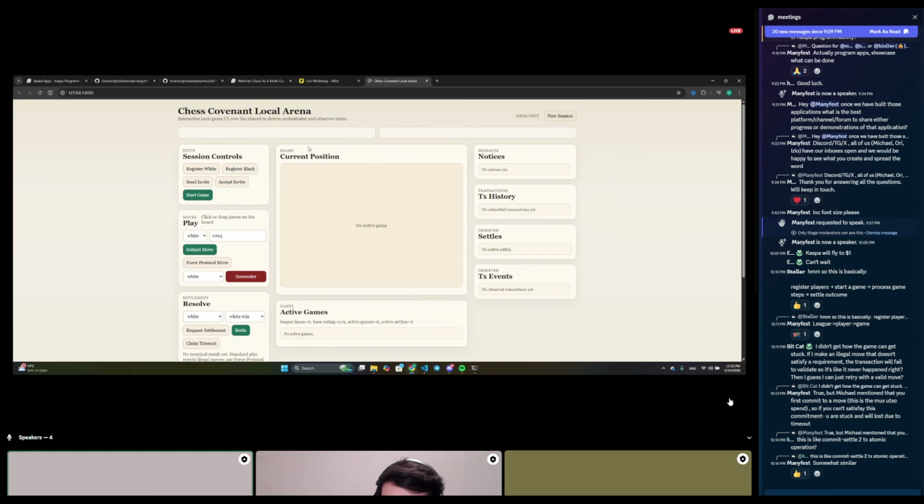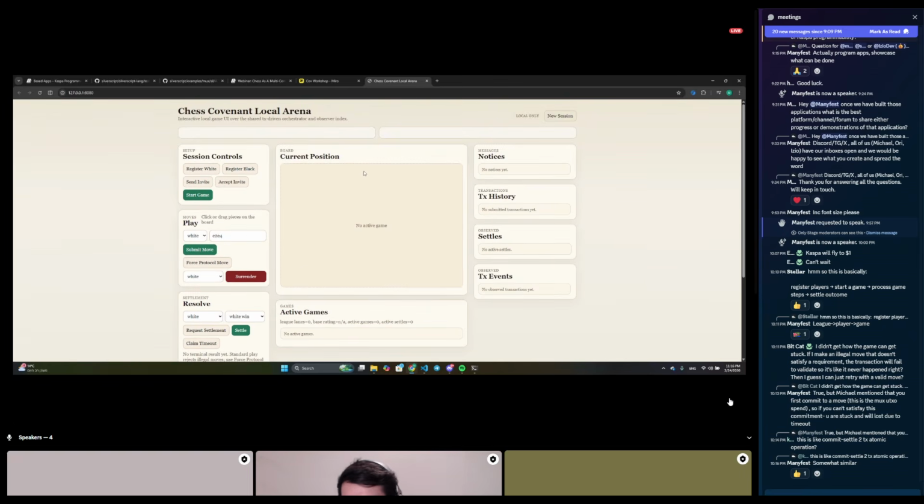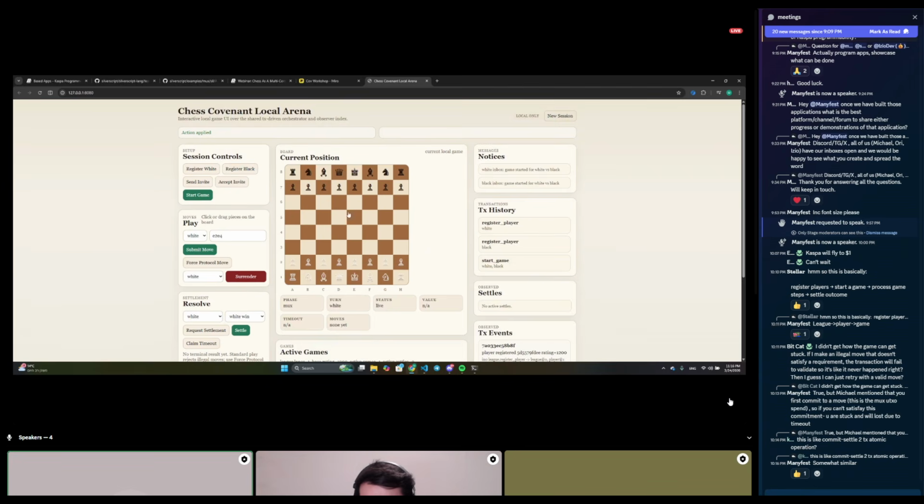And anything that belongs to this peer-to-peer mindset of state, like chess, like assets, like anything like that, which is more peer-to-peer and not a single shared state which has a lot of contention, it is a natural candidate for developing above covenants. This is actually just a small local web app showing it's not only just talk, but it's actually a working game. So I'm not going to play a game, but it is.